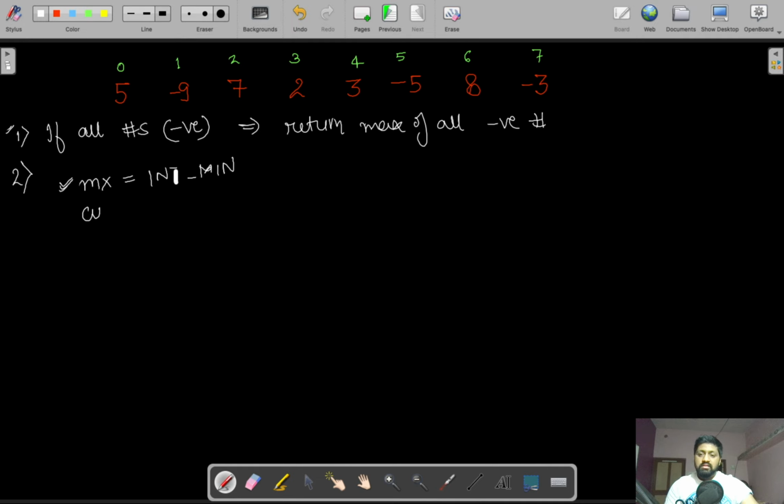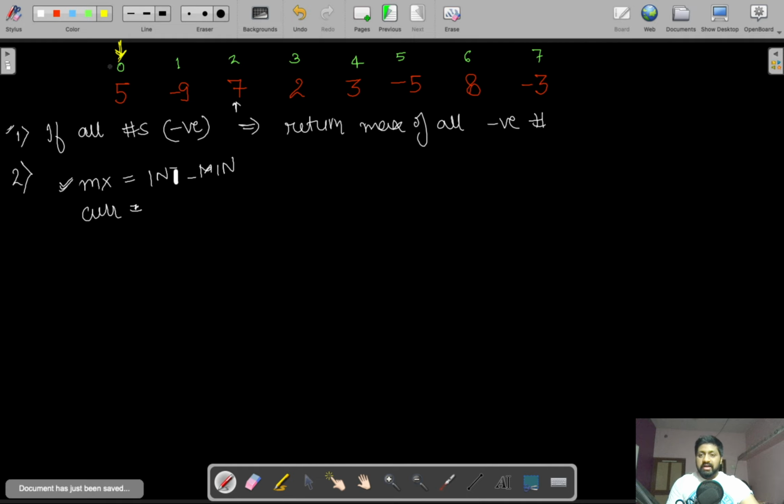And we will take one more variable, current, which will keep track of the current sum in a current continuous subarray. If we are starting our continuous subarray from this starting location and we are at this location 4, then current will store the sum of 7, 2 and 3. So this current variable does that for us. Let's leave it as it is for now, and we will start our iteration from the 0th index.